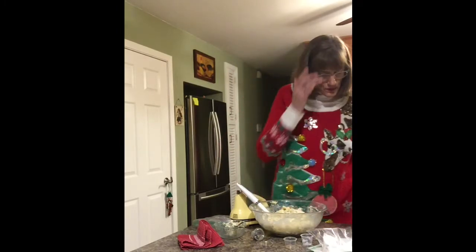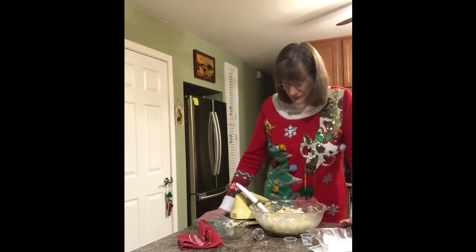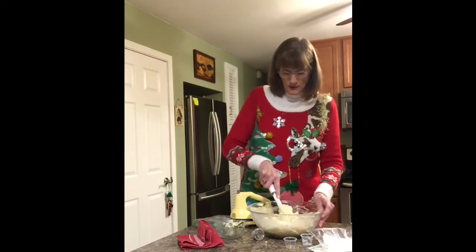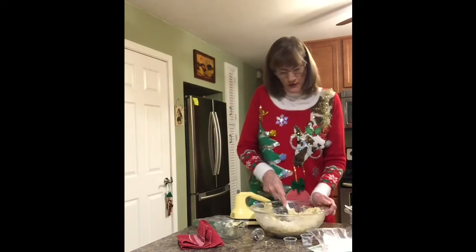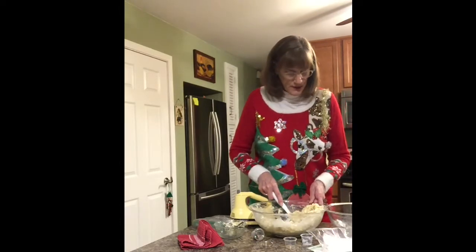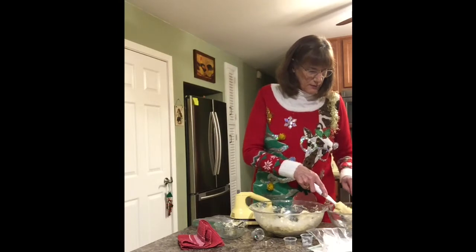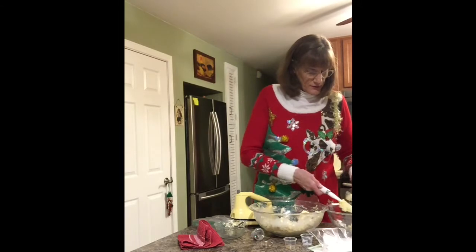Now the next thing to do is divide the dough in half and put half of the dough in the refrigerator. So I'm just going to eyeball this, and we want to do this because if you're familiar with pinwheel cookies, half your dough is going to stay uncolored, and the other half of the dough we're going to put food coloring in. So we'll take half the dough, put it in the bowl to be put in the refrigerator. Now all of the dough is eventually going to go in the refrigerator